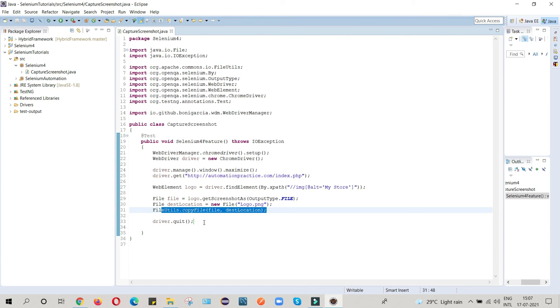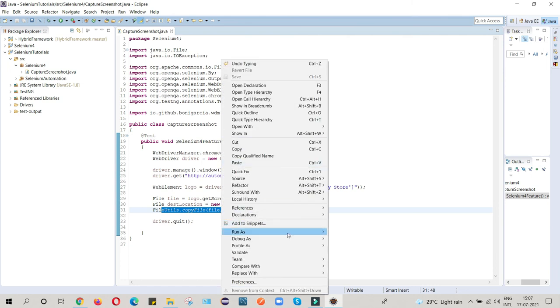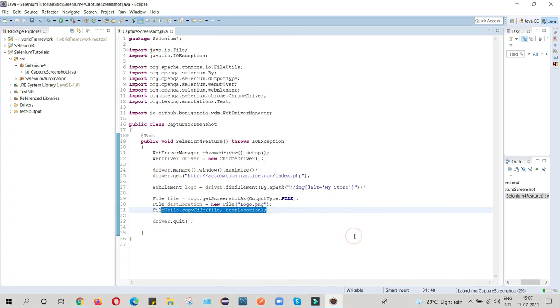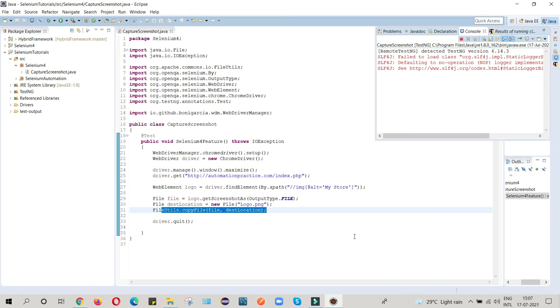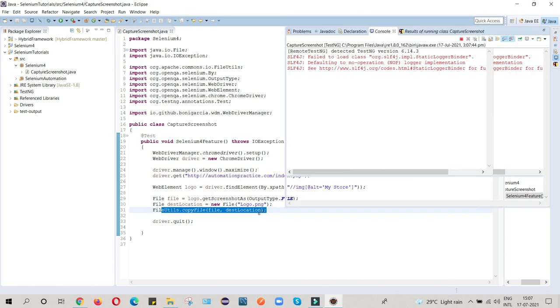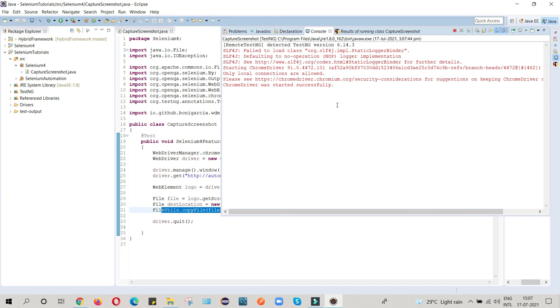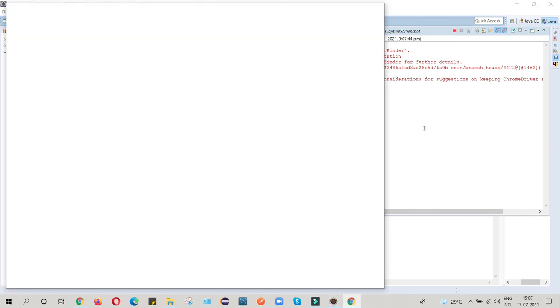Now we will save and run this and see what the output will be. Here you can see that my Chrome is successfully open.